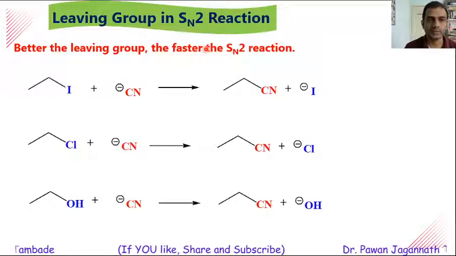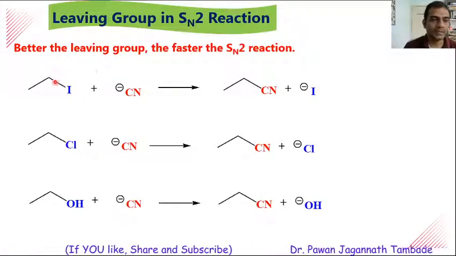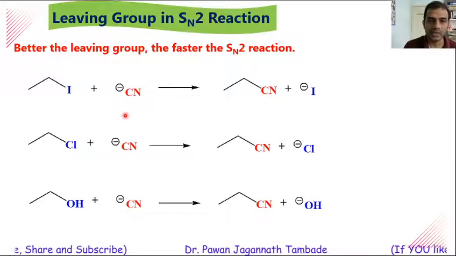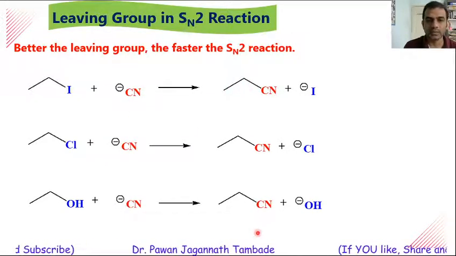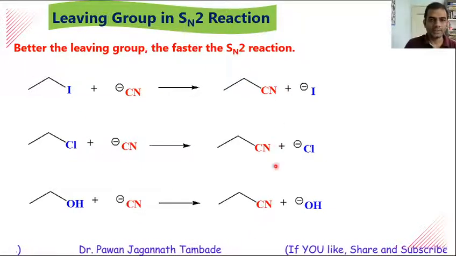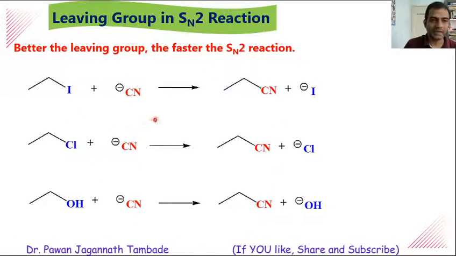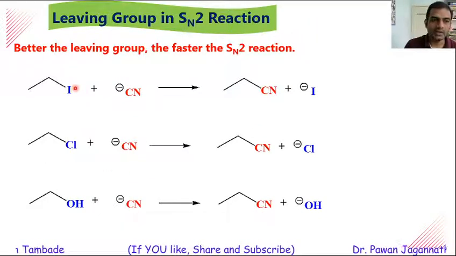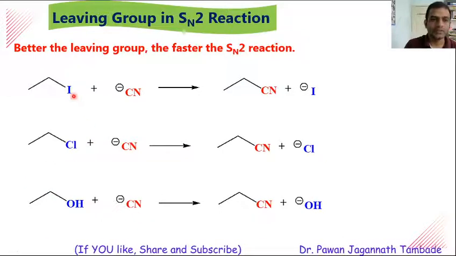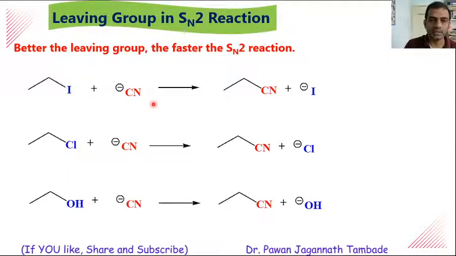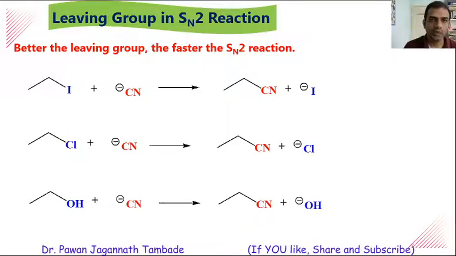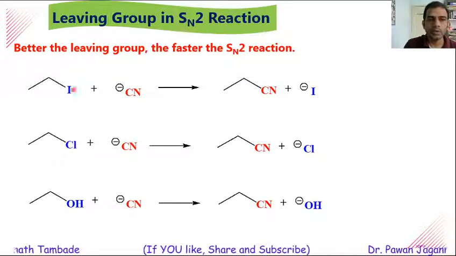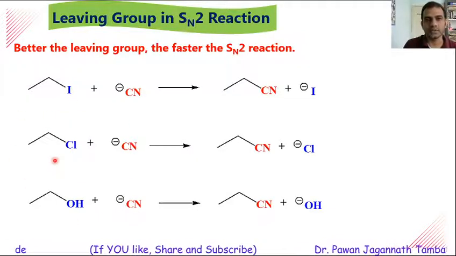So look at this example. In this example, this electrophilic substrate is allowed to react with a nucleophile, that is cyano, and we are expecting this type of product. If you look at these reactions carefully, you will find that the product is the same, the nucleophile is the same, the only difference is in the substrate. There is a difference in the leaving group which is present in our substrate. Now here we will try to find out what is the effect of this leaving group on the rate of reaction in SN2 type of reactions.